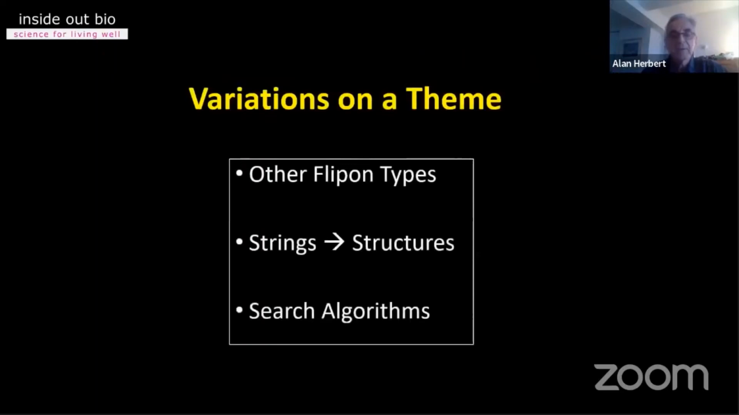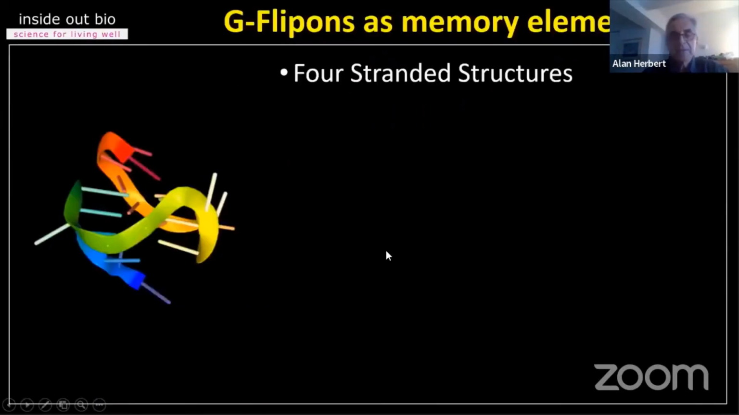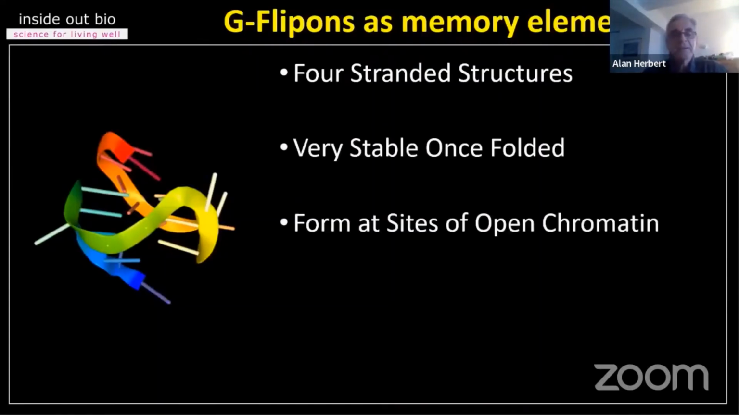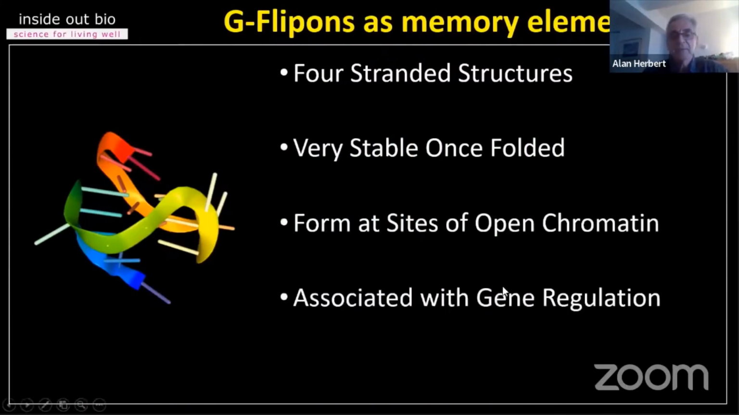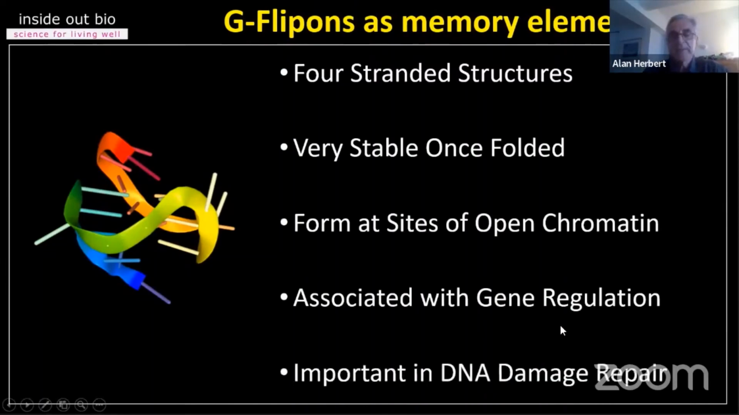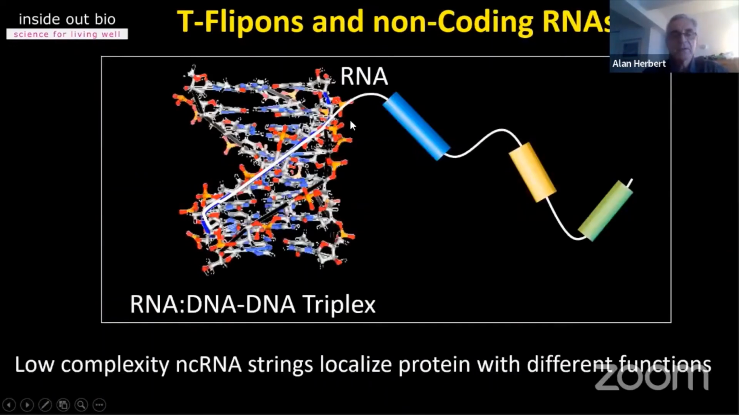You have other Flipon types, you have the string to structure functions that I talked about, and then the search algorithms that underlie finding information in the genome. So the G quartets are these four-stranded structures. They form in the subtelomeric chromatin, and they're associated with gene regulation and DNA repair, and they're very stable once folded. Triplexes allow you to put a third strand into B-DNA, and that helps localize whatever's attached to that third